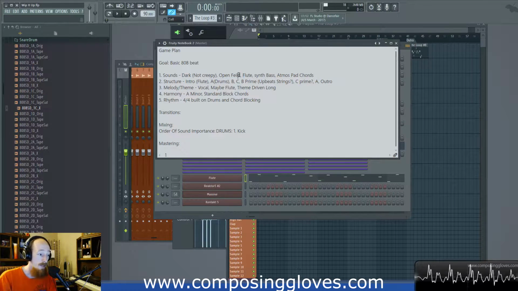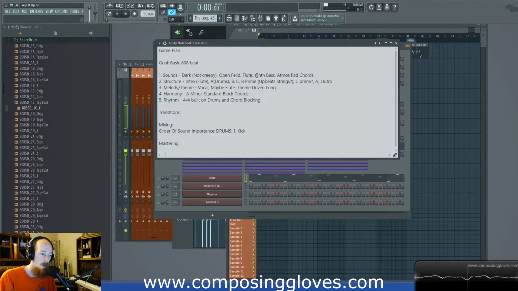Then for my actual sounds, I know I want to use a flute, so some sort of a flute, and a synth bass. We talked about the 3 methods of generation for sound. I didn't include which one for the flute. I said, let the flute be generated however, I don't care. So it wasn't specifically a sampled flute or a synthesized flute. And I actually used both of those in there.